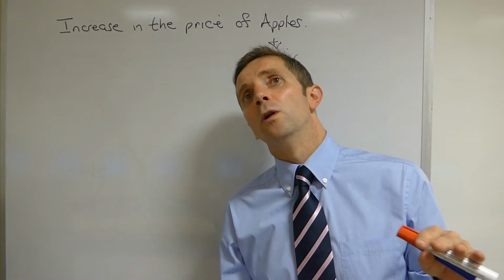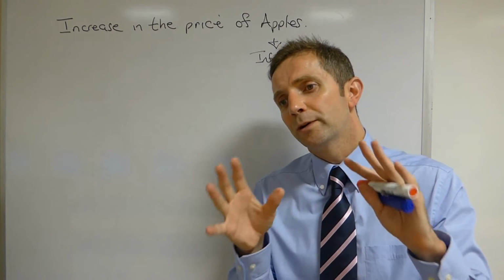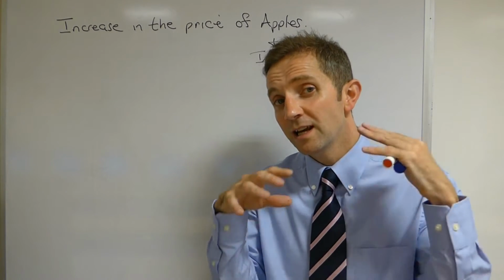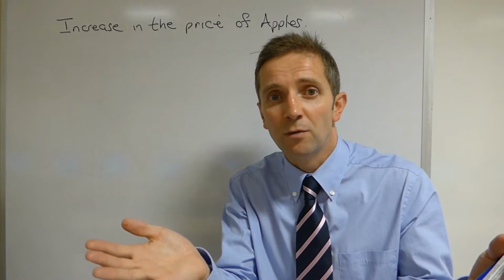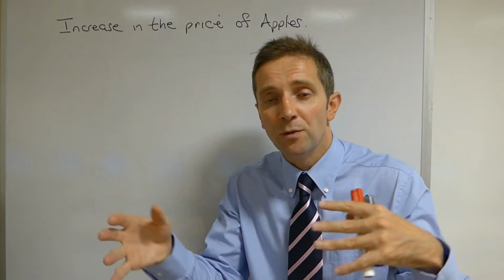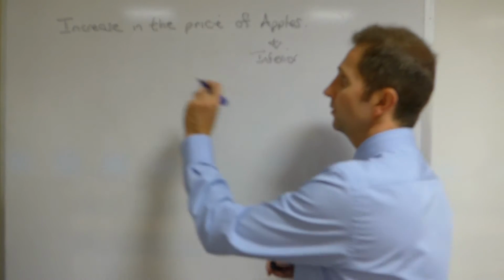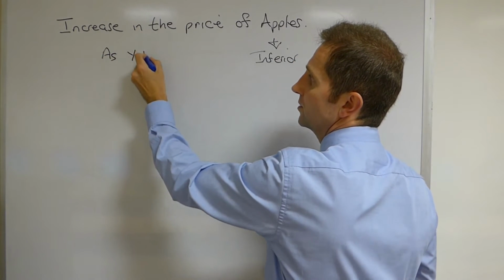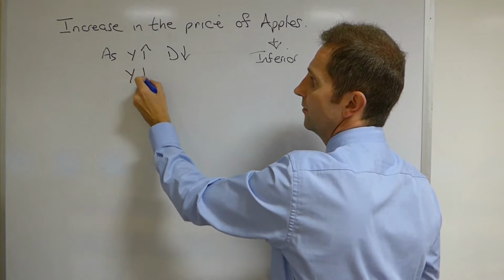As your income falls, you demand more of the inferior good, more of the cheaper good. Why? Because you can only afford, potentially, to have more of the inferior good, because when your income falls, it doesn't go as far when you're buying, say, branded products. So an inferior good is one for which, as income Y rises, the demand will fall,